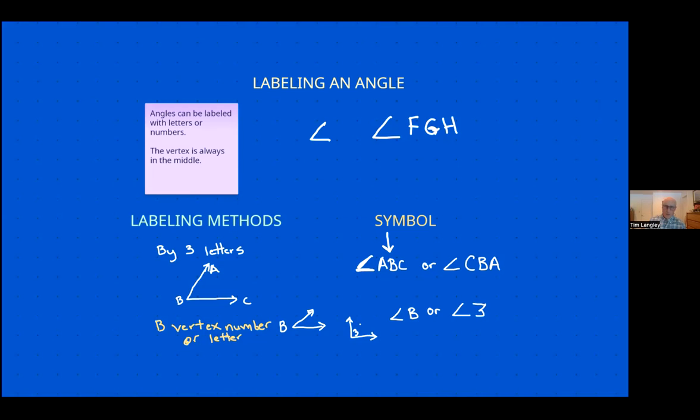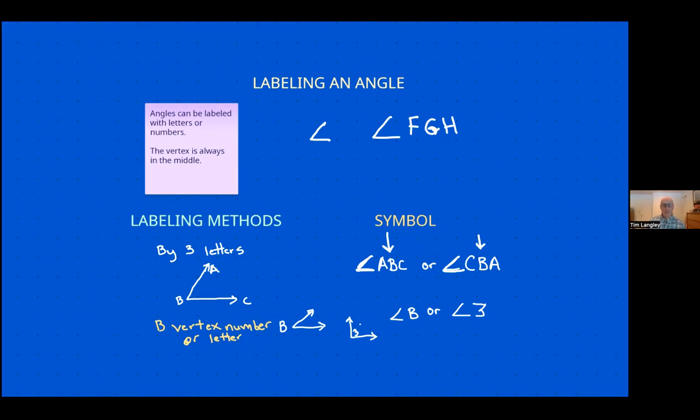Or we could reverse the letters and call it angle, there's my angle symbol here. Okay, I can take this and go, okay, it's angle CBA, because I just took the bottom right letter C, and then B and A. Notice again that the vertex of this thing is in the middle. Okay, so sometimes it'll be labeled with three letters,